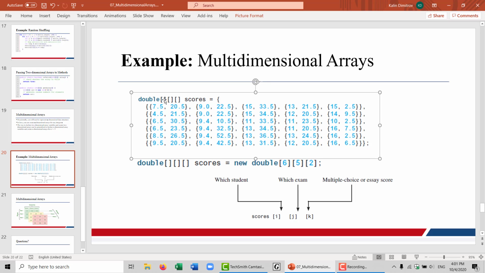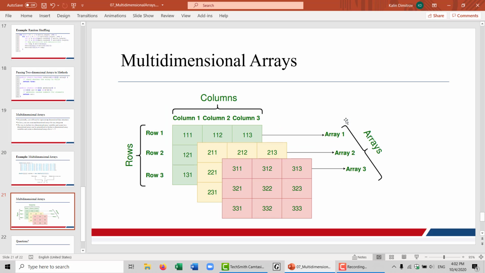The first dimension is the number of tables or the number of arrays within these three-dimensional arrays. And then the second and third are again rows and columns. Okay, so second and third dimension are rows and columns for each table or for each matrix, and then the first dimension is how many matrices or how many tables you're representing. This is visually what this looks like. So rows and columns,